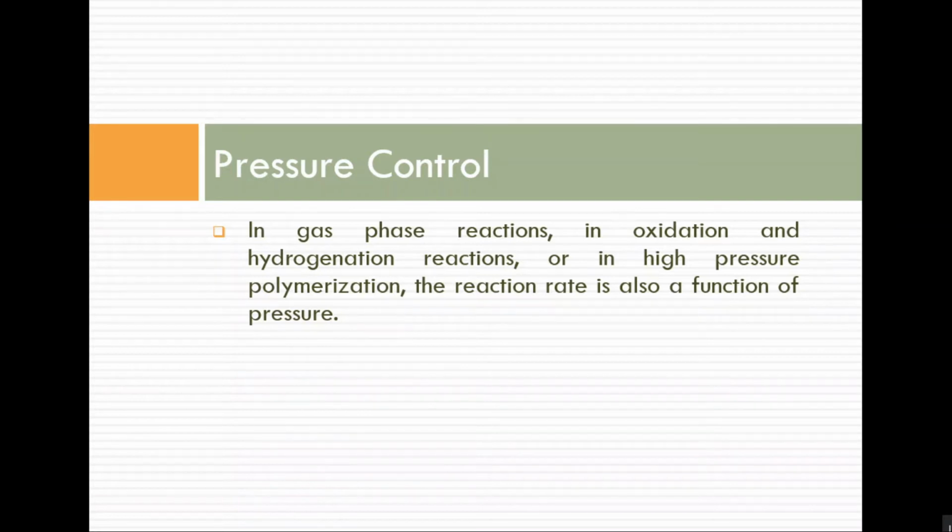So in these three cases, the chemical reaction rate is sensitive to pressure. Okay, so these are three examples. A number of cases are there. Even in some situations, the byproduct gas that is generated may be dissolved in the product liquid if pressure is very large. Okay, so such problems are there if pressure is not maintained constant. So wherever the pressure is so sensitive, we have to control pressure.